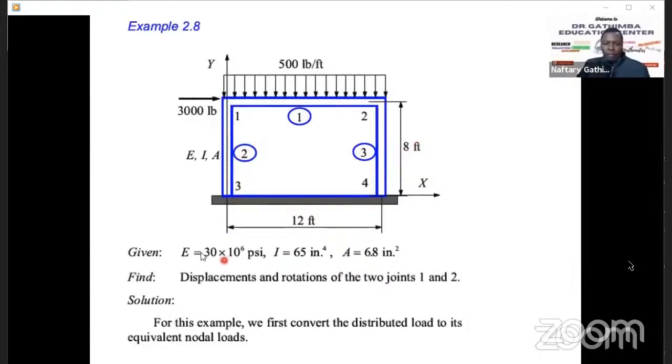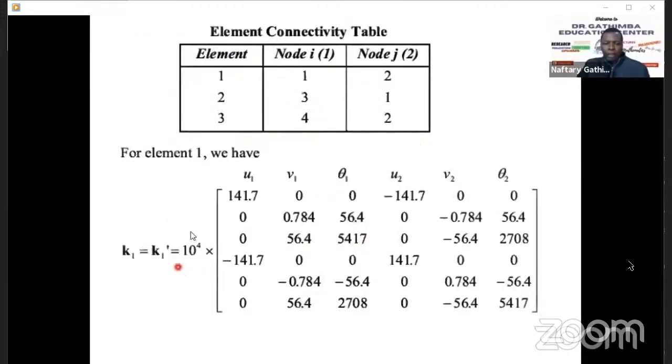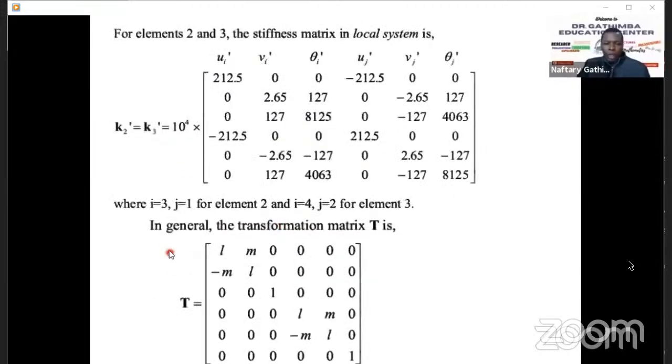So element 2 and 3 have the same values, so you just substitute the values. That's why K2 and K3 are the same. And the general transformation matrix, remember this one we came up with where we said